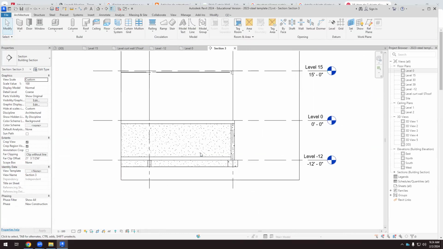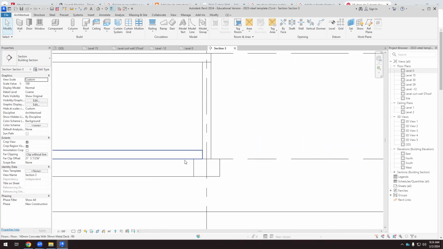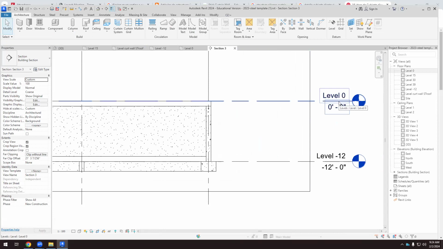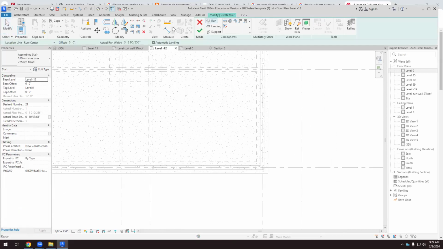Okay, so my staircase is not going to start at level -12. It's going to start at level -12 plus 1 foot, and then it has to go up to level 0. So that's the staircase from the basement up to level 0. So let's do it. We are on level -12, and I'm going to use the stairs tool that we have in Revit. So select stair tool, and